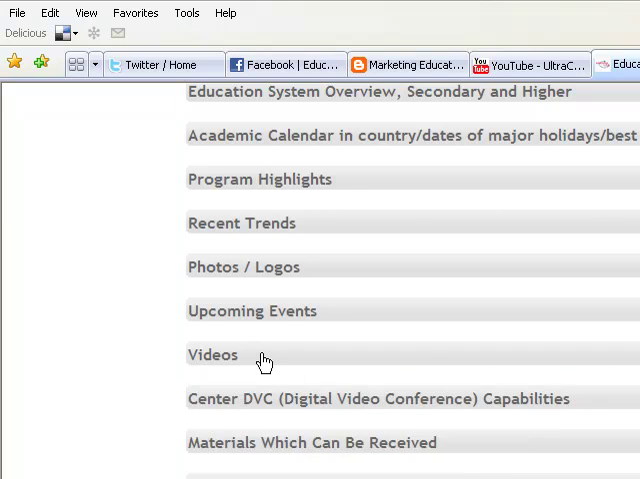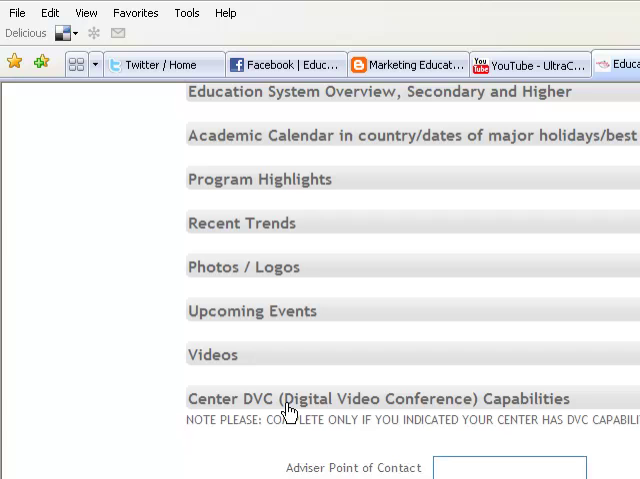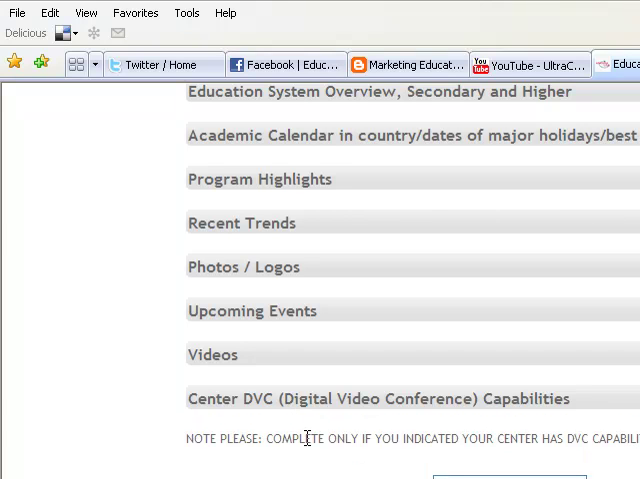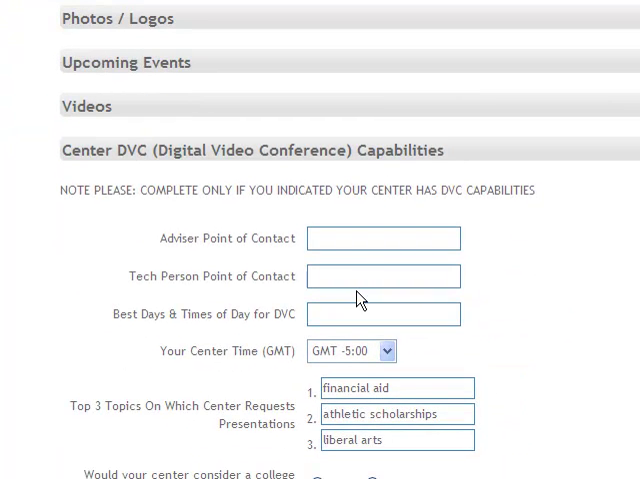So after the videos section, you have DVC capabilities. You only need to complete this section if your center has DVCs, digital video conferencing capabilities, available to them, either in your own center or available through the consulate or other business or university that you're working with in the area. So hopefully this will give you an idea of what information is required if you have a